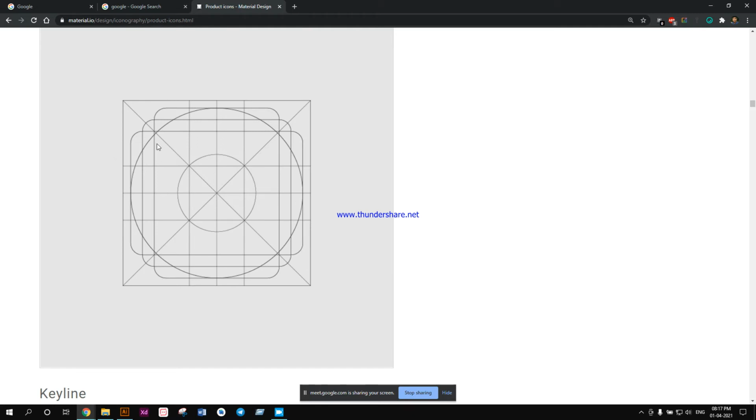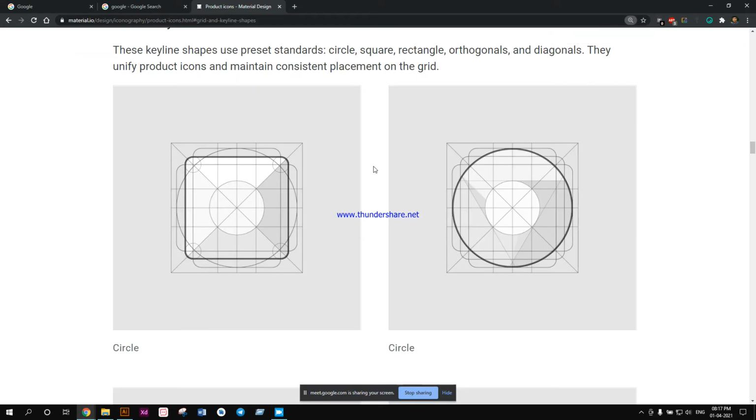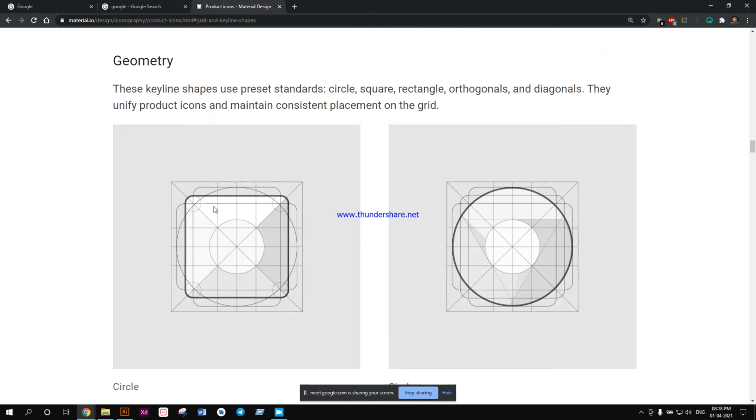Now as you see over here, you see a circle, a vertical rectangle, a horizontal rectangle, and a square. All are rounded off. These are basically key lines. Now coming to the actual part, you see over there the highlighted square part with the rounded corners. If you are going to make an icon which has a square background, you are going to make the icon within this boundary.